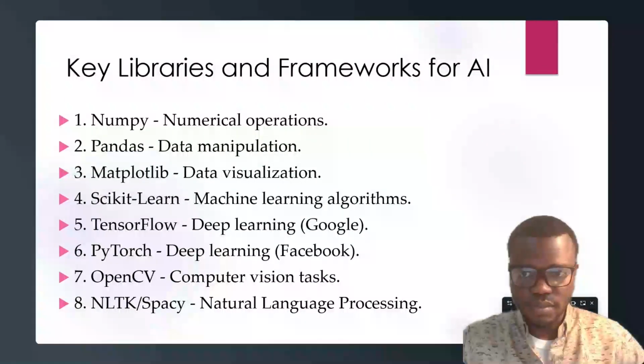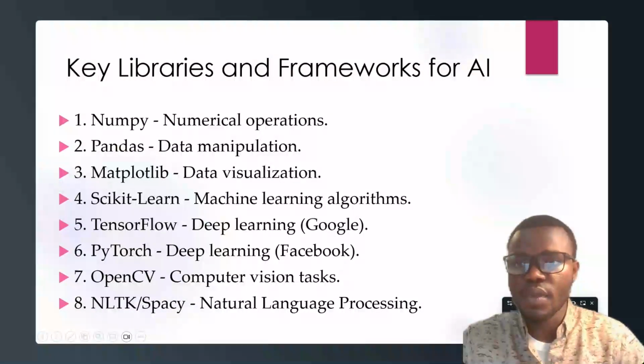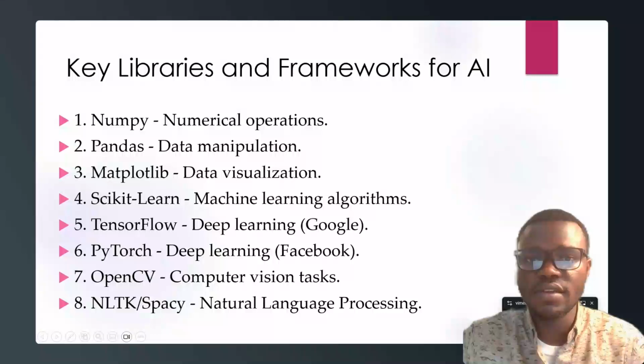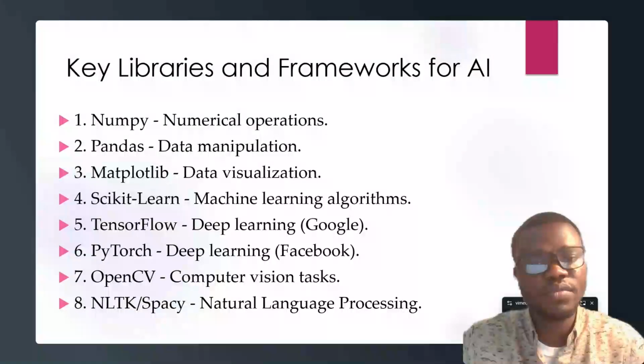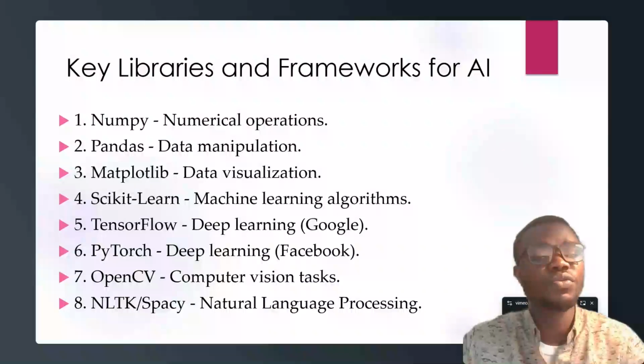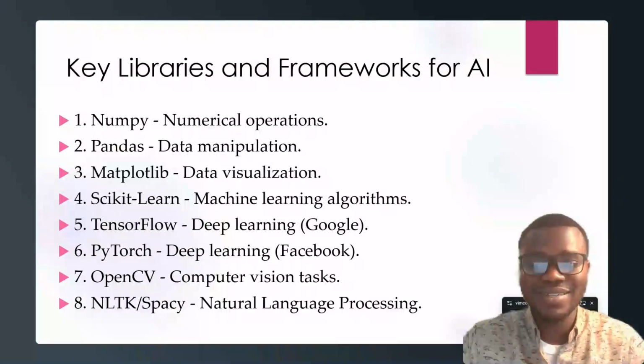Then we have scikit-learn, for machine learning algorithms, very good. TensorFlow for deep learning, owned by Google, I think. PyTorch, deep learning owned by Facebook, and then we have OpenCV for computer vision